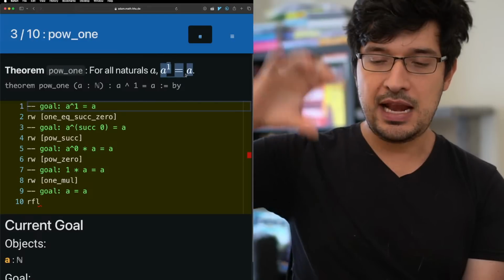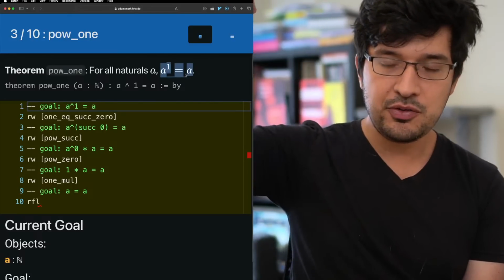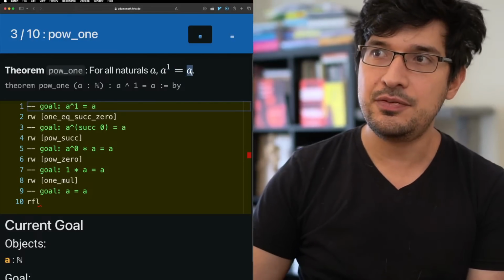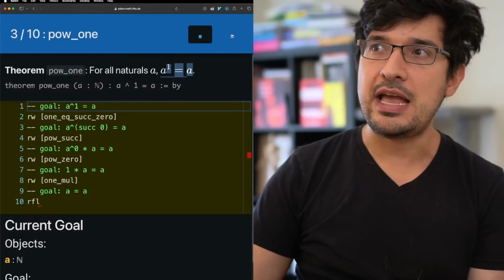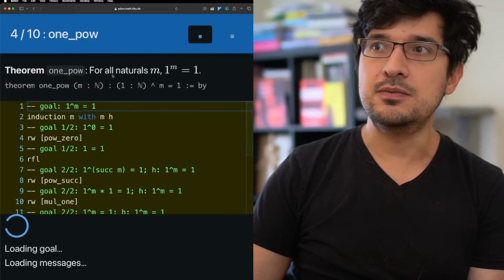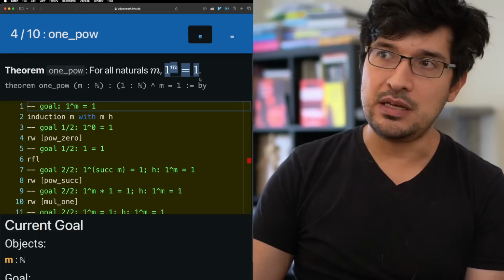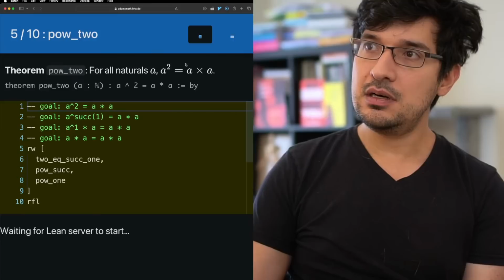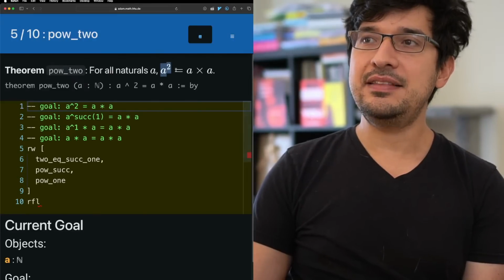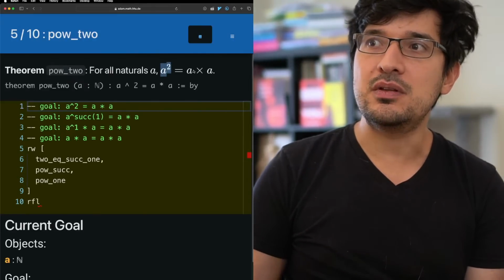We proved that anything raised to the first power equals itself. A raised to 1 equals A. Then we proved 1 raised to anything equals 1, which is slightly different. Then anything squared equals